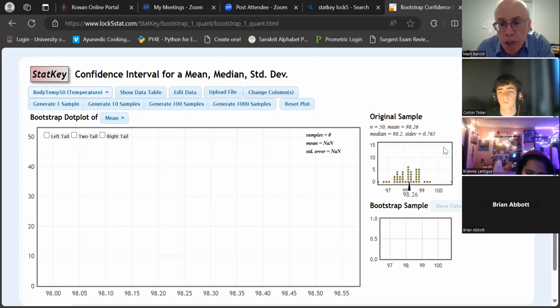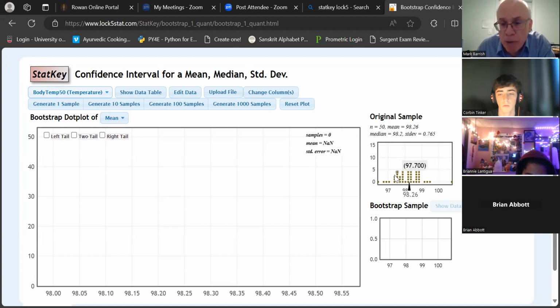the right here, you can see it says original sample. See it? And it gives you some information about the original sample. It says there were 50, and it's a dot plot. Notice there's dots there. Should be 50 dots. And the mean, the average of the 50, is 98.26. So